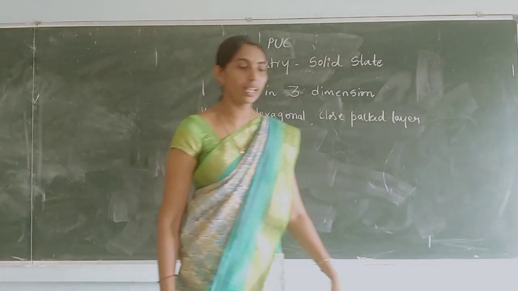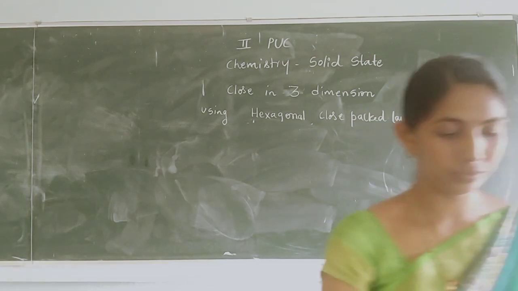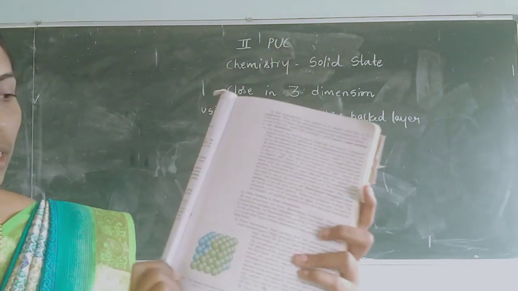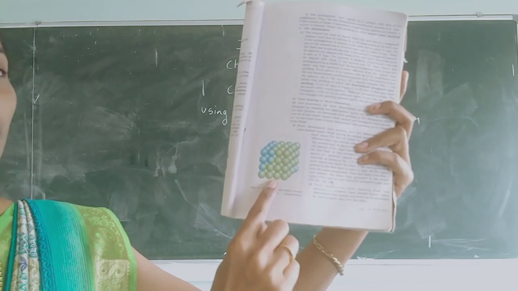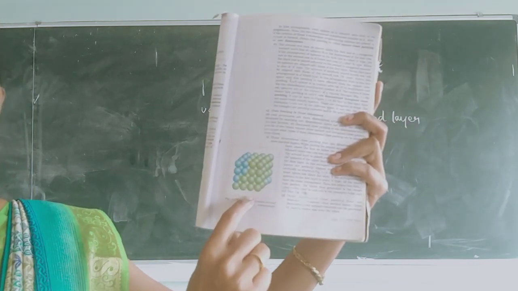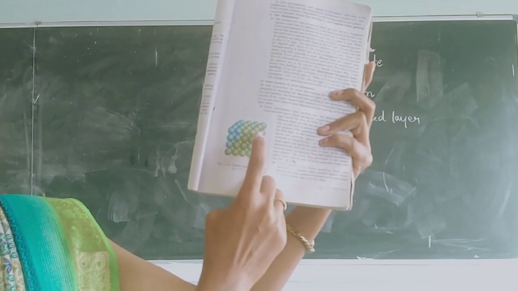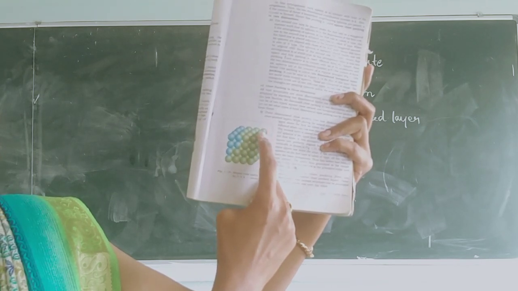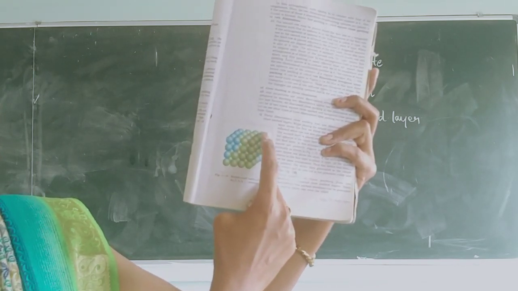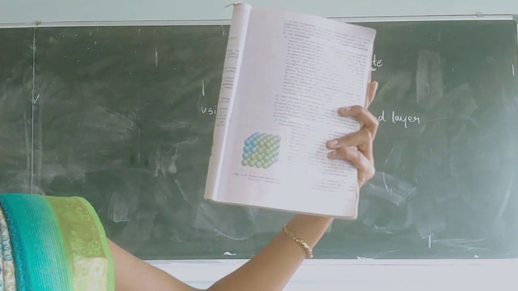So that structure is there in your textbook. I will show you. Yes. See here. This is the arrangement. Three-dimensional close packing using square close packed layer. So here this is the first layer. Again you are going to place the second layer exactly above the first layer, exactly above the second layer, exactly above the third layer. So like that we can observe the different arrangements there, different layers.